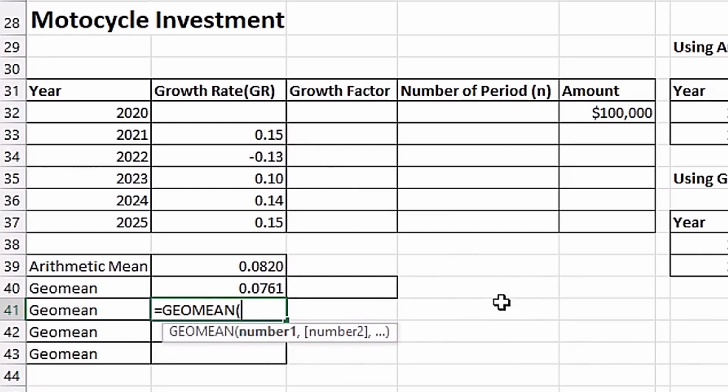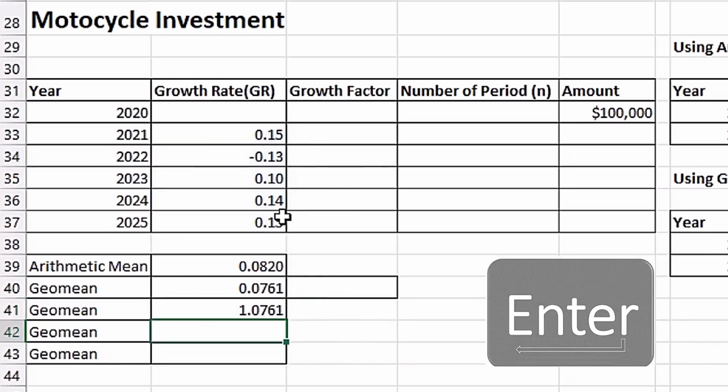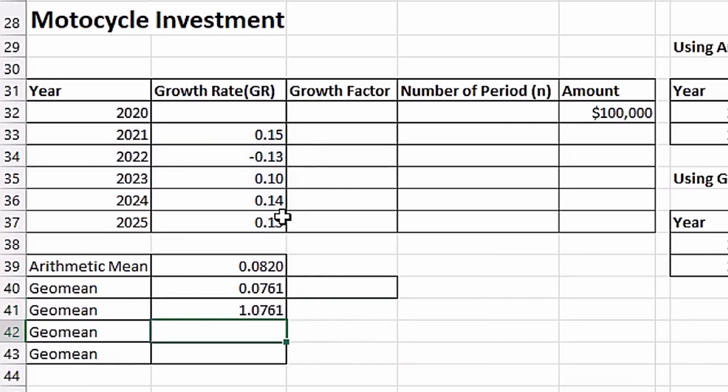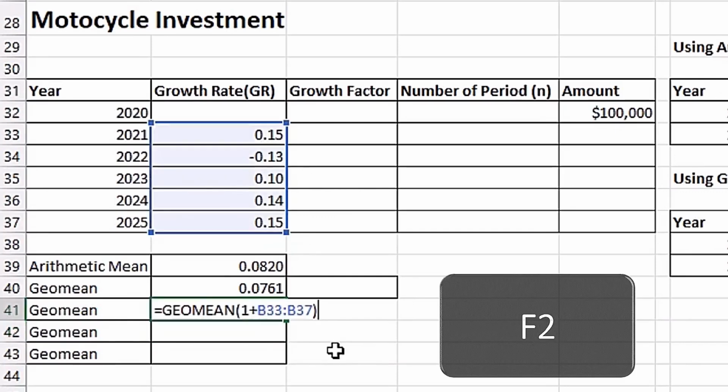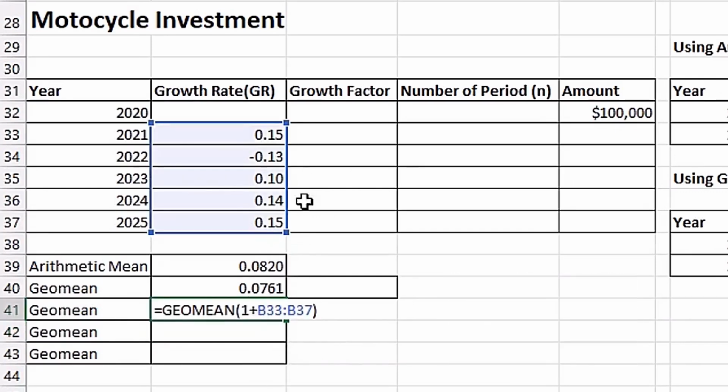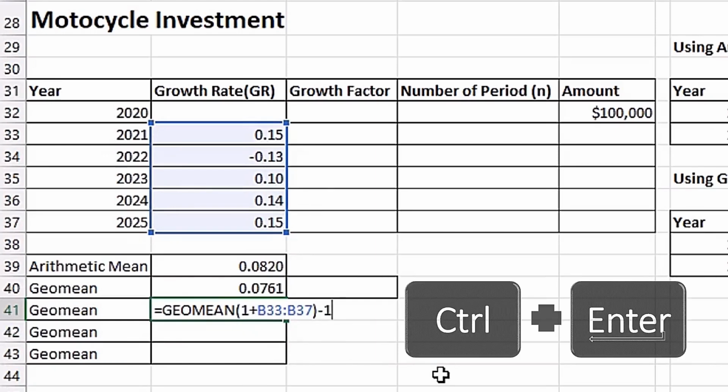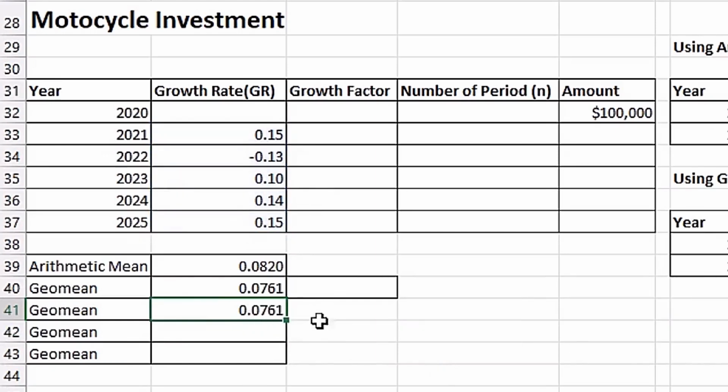We need to put in the gross factor. That is 1 plus the gross rates. I'm going to highlight it. Then when I close my bracket, if I enter it right now, I will get a wrong answer, because if I hit the F2 key, we have used 1 plus these gross rates. I need now to do minus 1. So when I control enter, I get the same answer as the one we have got after using this complex